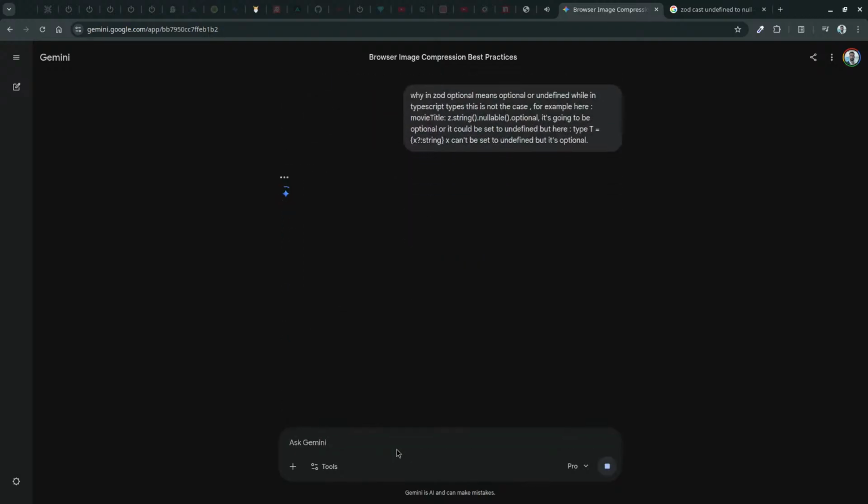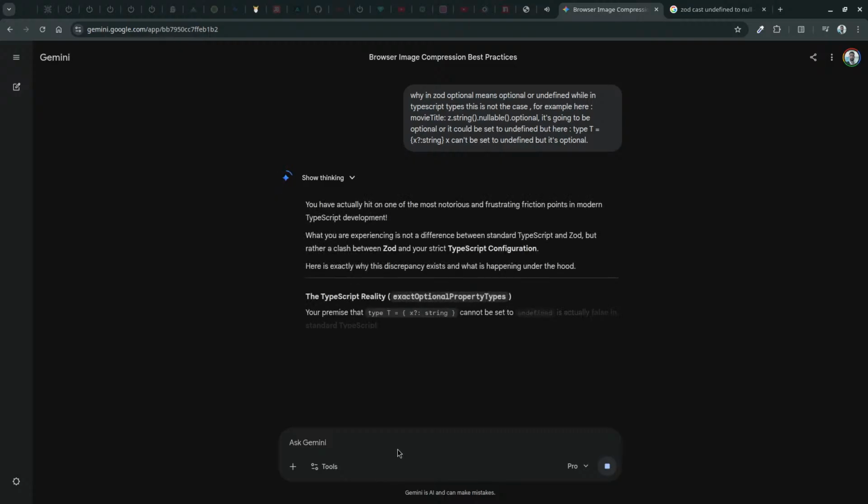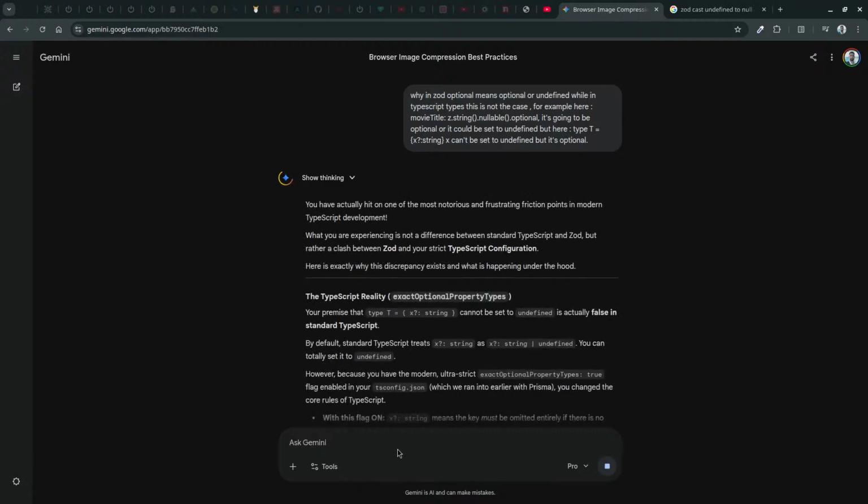Yeah. Is there a difference between standard TypeScript and Zod?